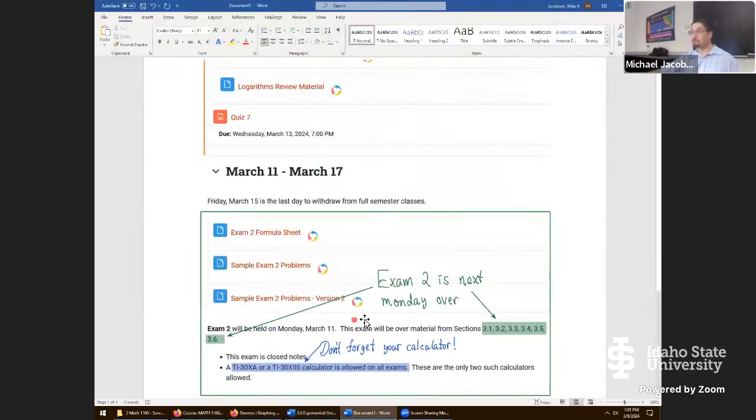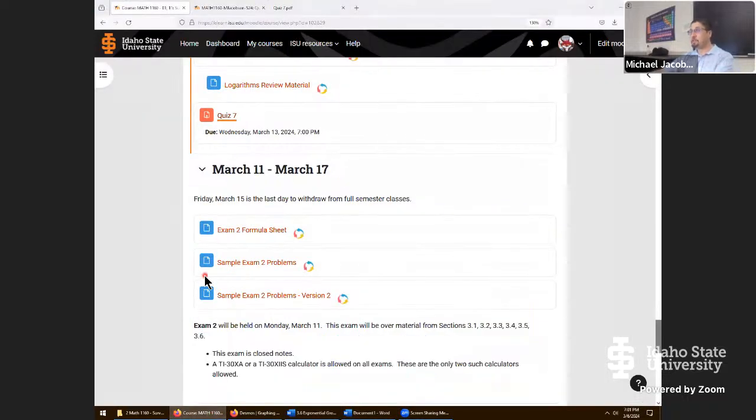So let me go to this document here, second exam coming up. Just like before, it's open calculator, but this time the calculator is more of a requirement than a safety net. It's going to be used primarily in section 3.6 and wherever else we might need support, but we'll absolutely need it for that one section. The exam is also closed notes, but I'm going to be providing this formula sheet right here, and here's how it goes. Because exam 2 is fundamentally all about taking derivatives,